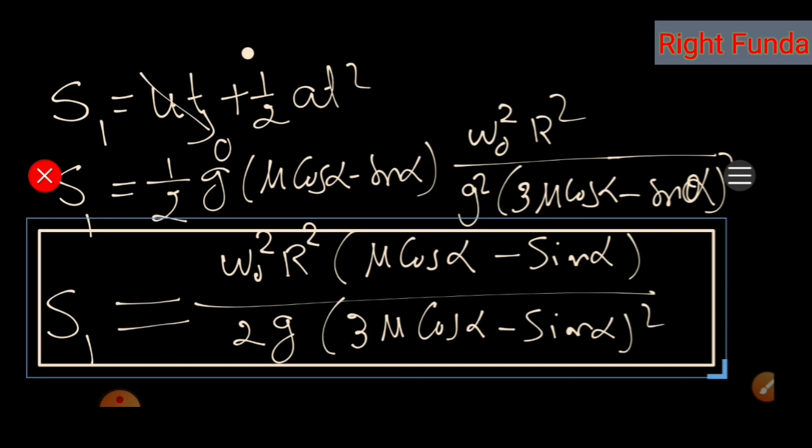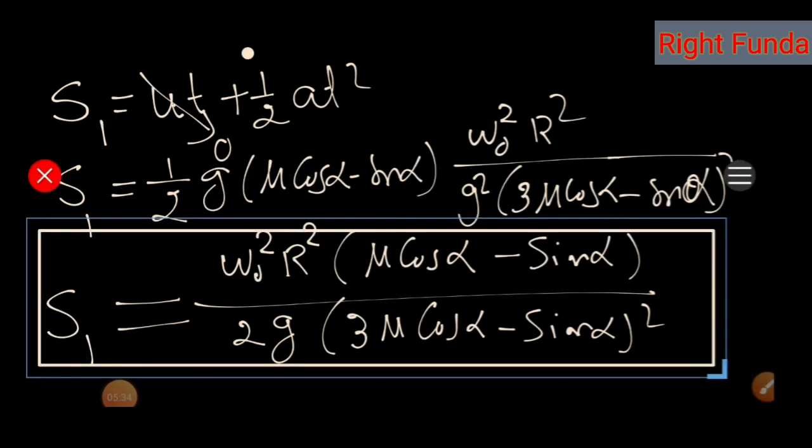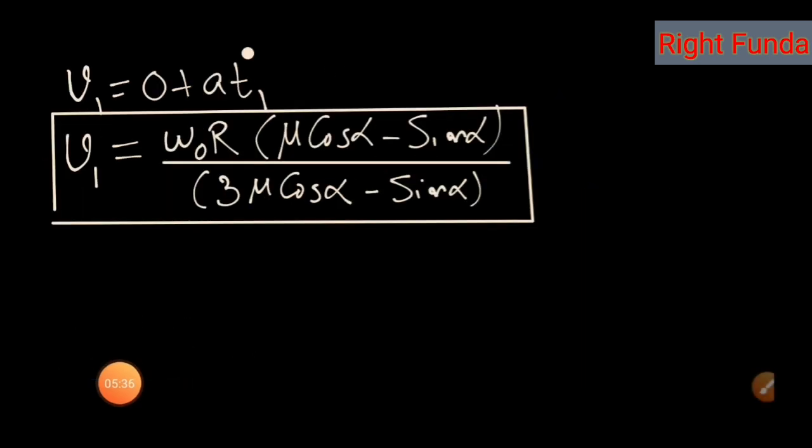Using the formula v squared equals u squared plus 2as, that is, v equals the square root of 2 a s, I can substitute and get the value of V1. So by applying either v equals u plus at, or s equals ut plus half at squared, or v squared equals u squared plus 2as, we can obtain the velocity when pure rolling starts. And from that, omega 1 can also be calculated as V1 by R.